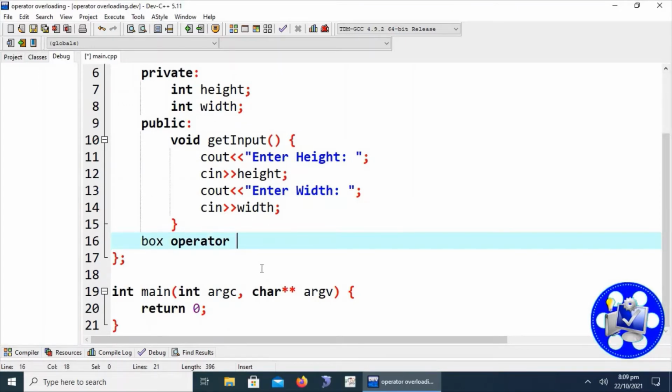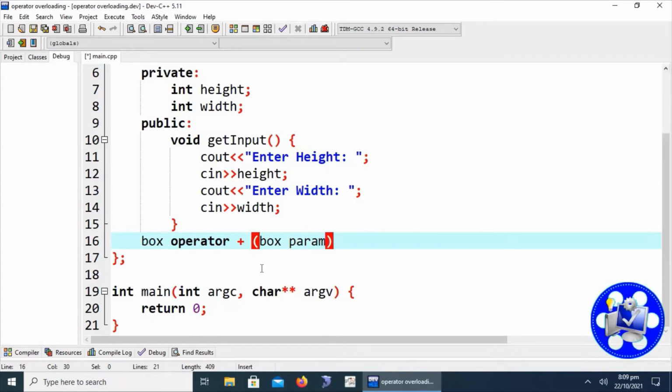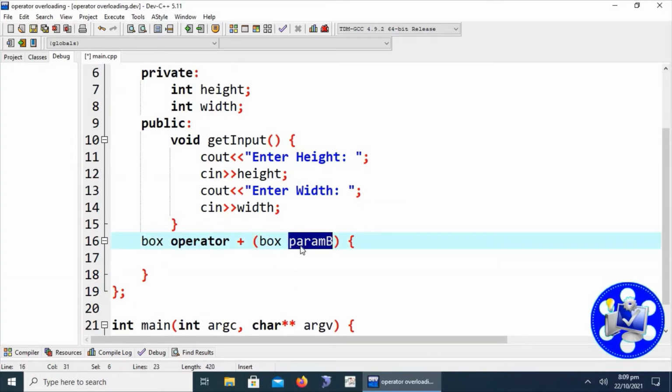Then we write the operator keyword and the operator symbol which we are going to overload, and at last we have to provide the parameter of the second operand of the same class. We are writing here a parameter of the Box class. It may be any other descriptive name.